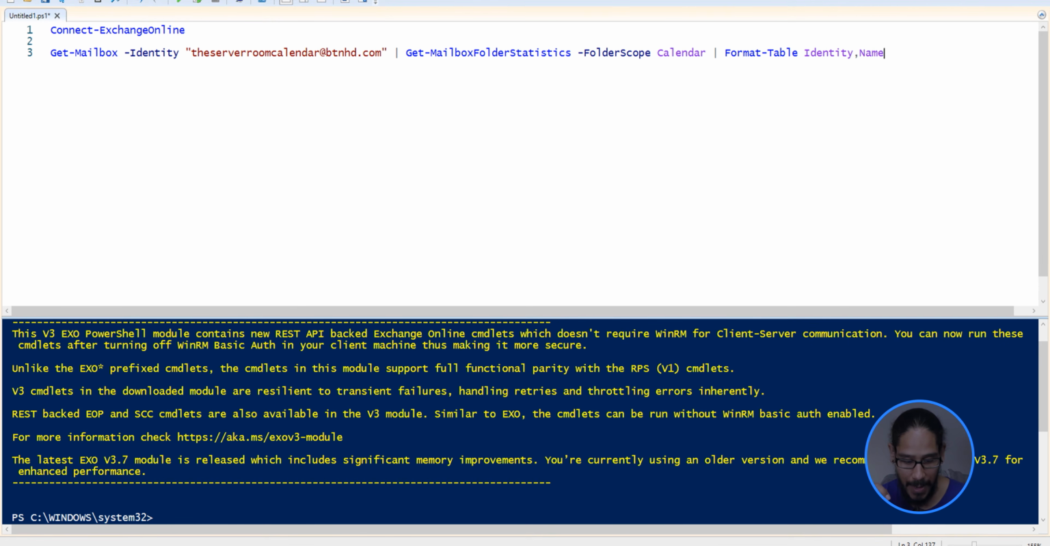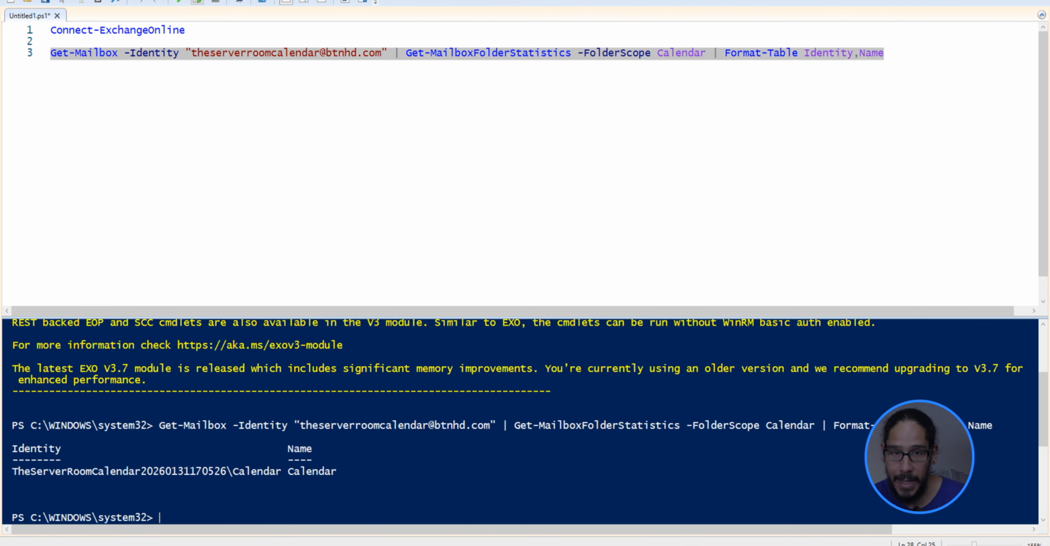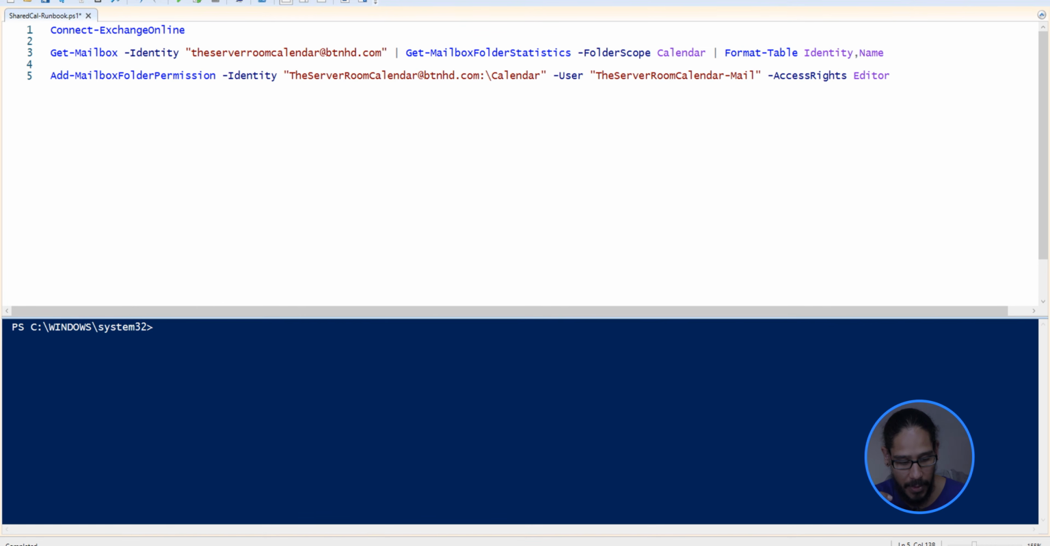So we're going to run this command. This is what we need, the identity part. We're going to copy this, but we need to make some modifications. Now, the next command that we need to run would be the following. We're going to be running Add-MailboxFolderPermission with a parameter of Identity. Then the identity that we just got, but we're going to change it because we're going to remove all the numbers and we're going to be using our domain,